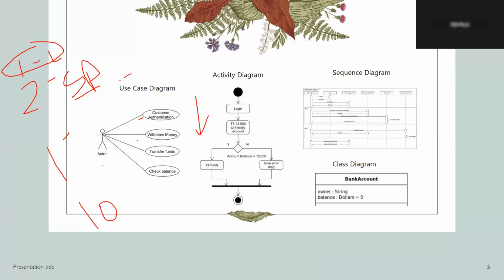What is the purpose of this diagram? Let's suppose we have 10 functionalities, meaning 10 different use cases, and in those 10 use cases multiple features are involved. Features means buttons, tabs, drop down options, text boxes. So we will not miss any option, and we consider all of them.